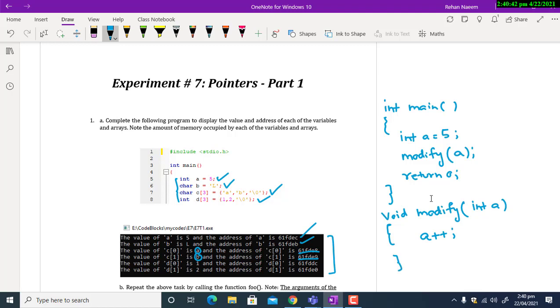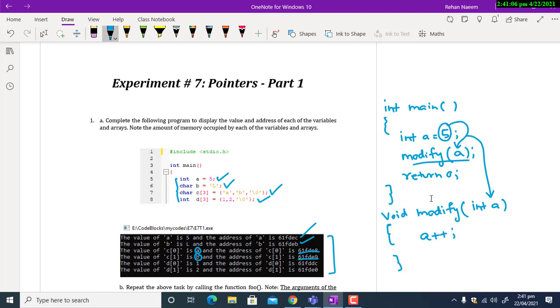Okay, so now what will happen when this function will be called? This 5 will be passed to this a, and basically this a or this 5 will be passed to this function modify. A copy will be created.